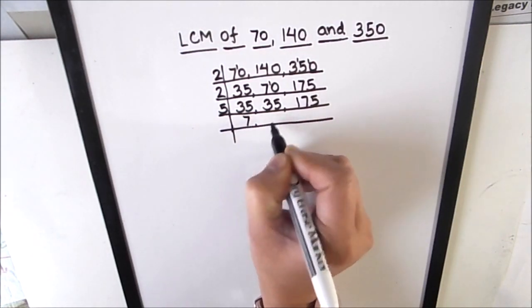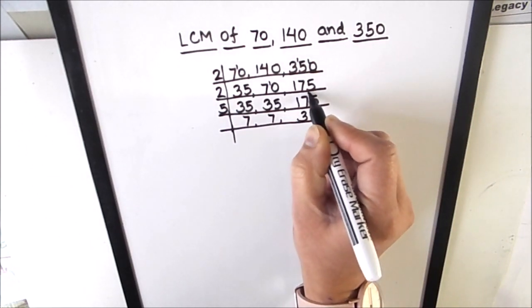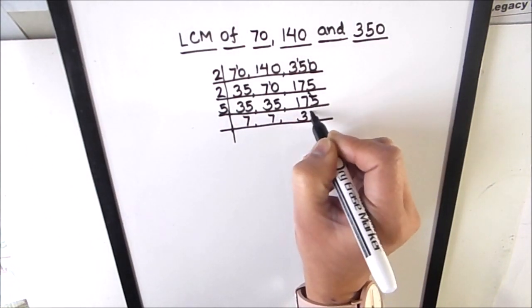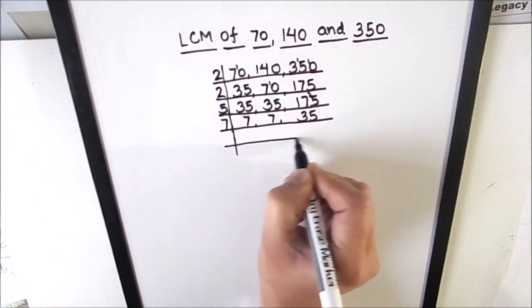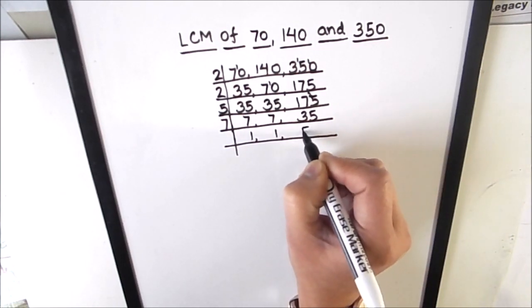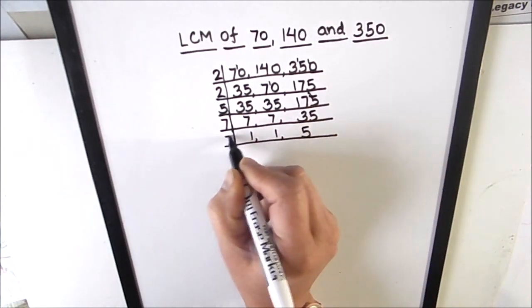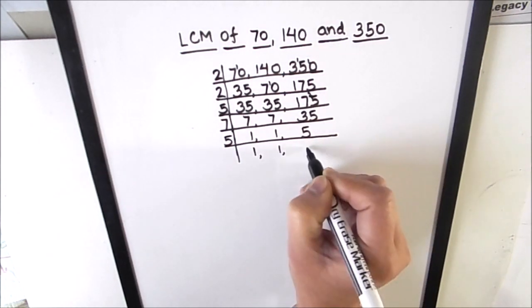5 times 7 is 35, 5 times 7 is 35, 5 times 3 is 15, 2 is remainder, this becomes 25, 5 times 5 is 25. 7 is a prime number, it is only divisible by 7, 7 times 1 is 7, 7 times 1 is 7 and 7 times 5 is 35. Again we are going to use 5 to divide number 5 as it is a prime number, so 5 times